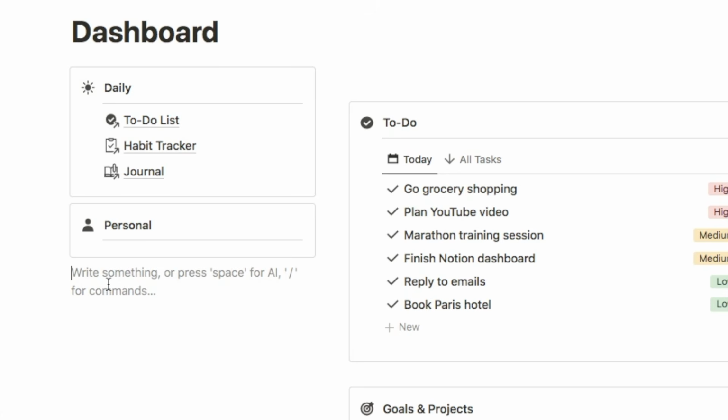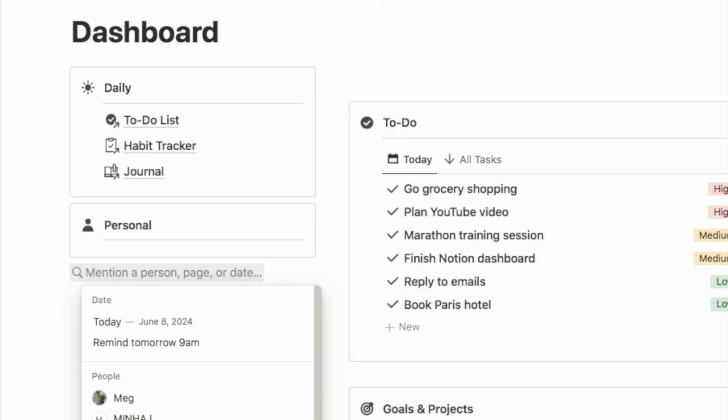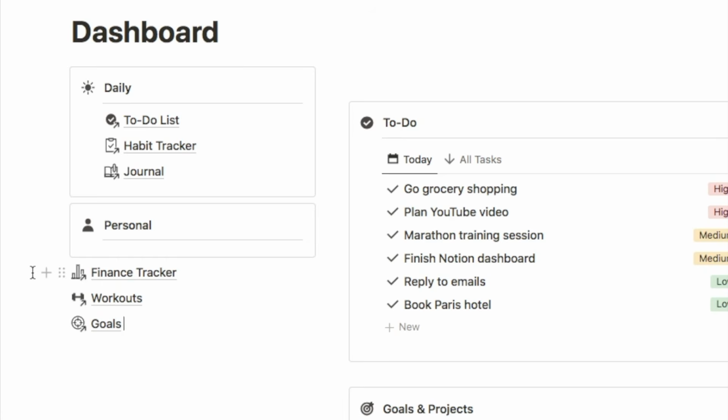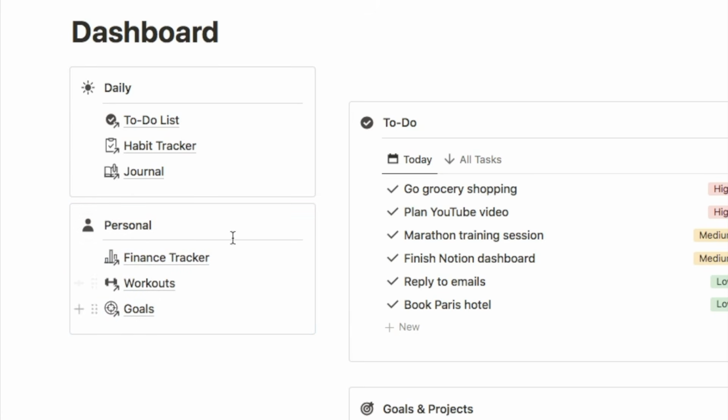So I'm just going to do the same thing. I'm just going to type the @ symbol and find all the pages that I want. And again, once I've got them, I'm just going to grab them all and pop them into this block here. Now you can make as many of these blocks as you need. So I think for me, I'm going to add one more for work. So if you have any pages relating to your work or your business, you can add another block there, or